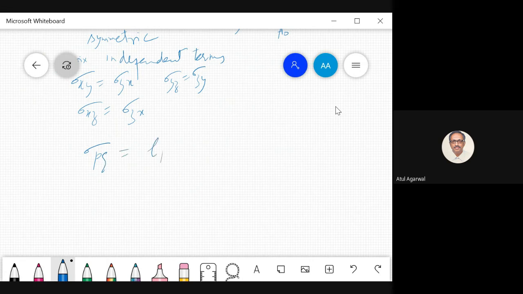I use this formula. Sigma PQ is equal to L PI, L QJ, sigma IJ. So I had told you using Einstein's convention, Einstein's notation. This is the sum of how many terms? 9 terms. What happens is I and J take all the values.